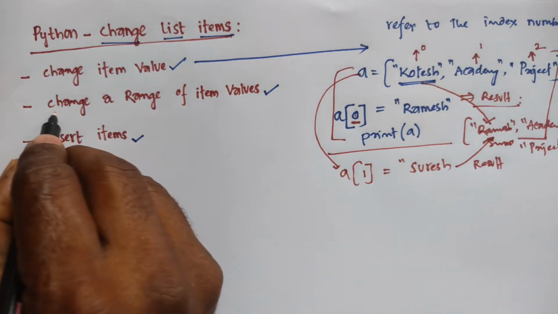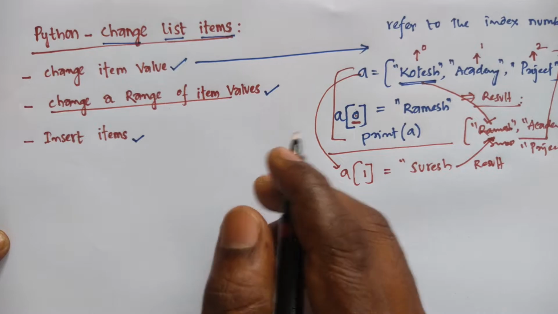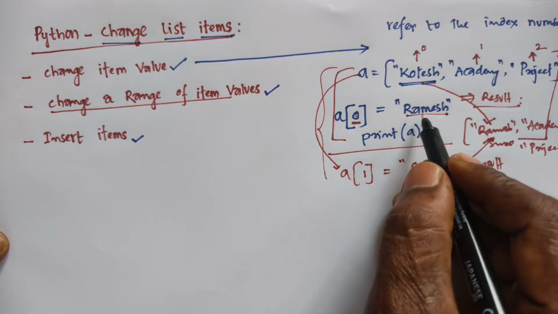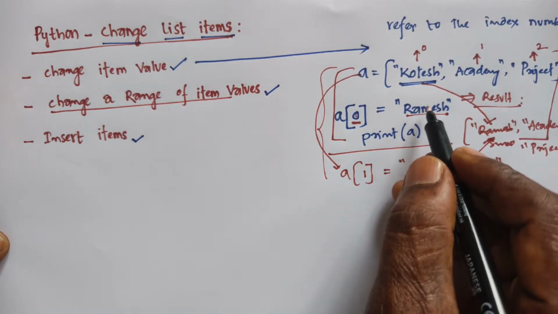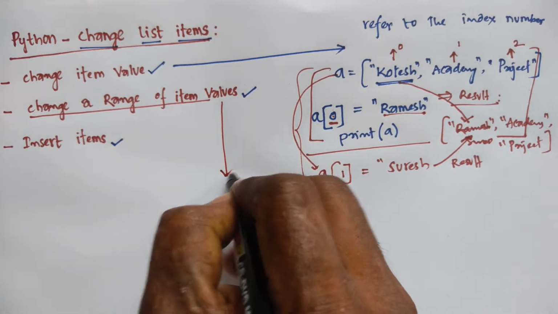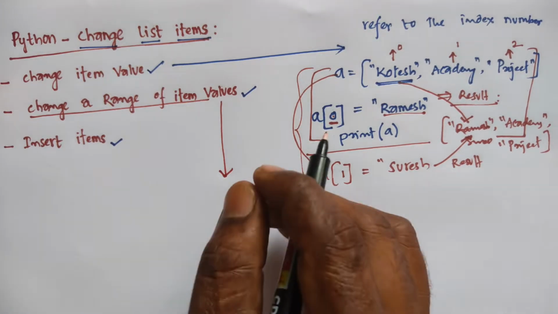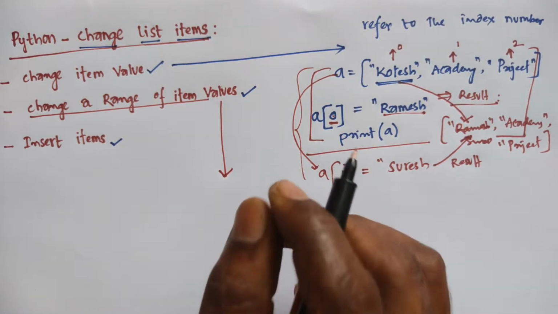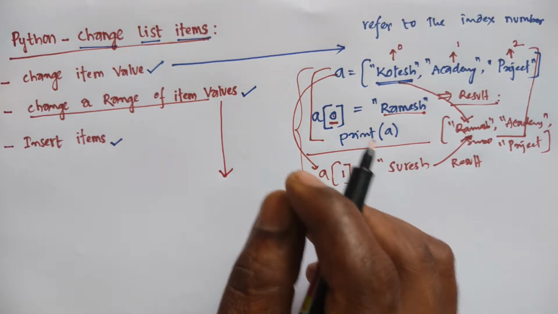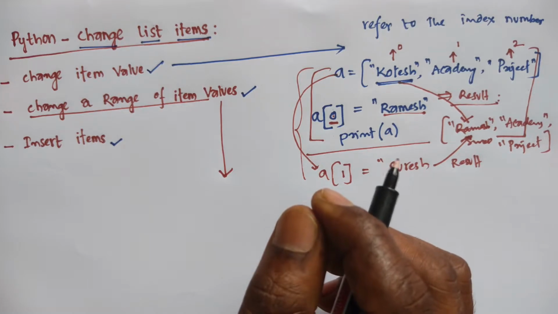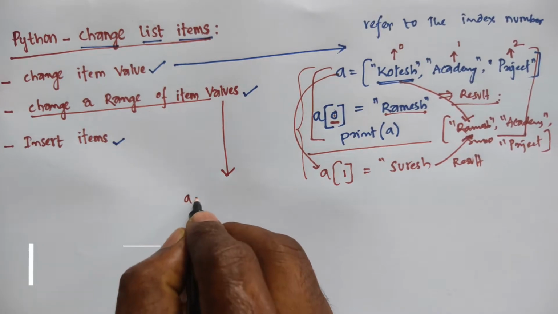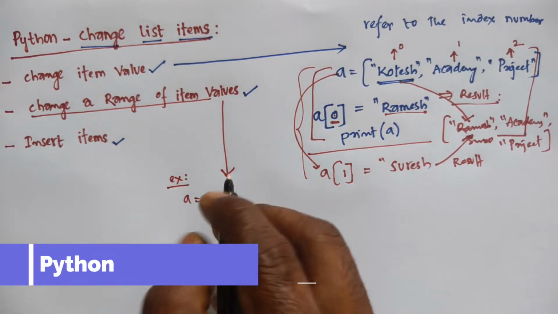Next one is change a range of items. So far we have used only one item moved from input to a particular variable. Now I am going to discuss another example: to change the value of items within a specific range, define a list with the new values and refer to the range of index numbers where you want to insert the new values. For example, A is equal to